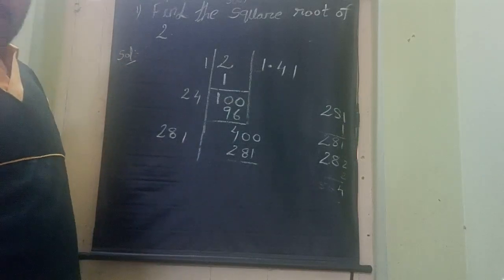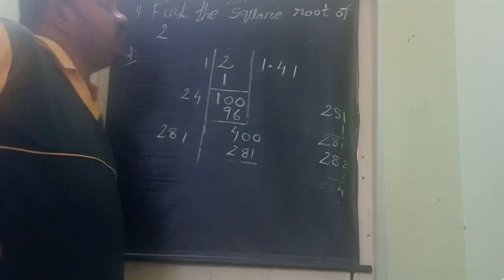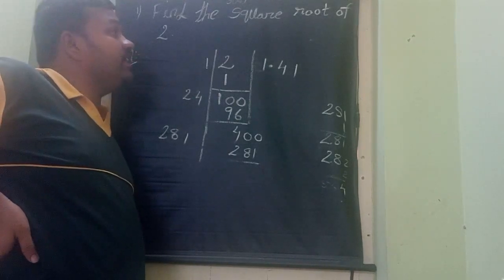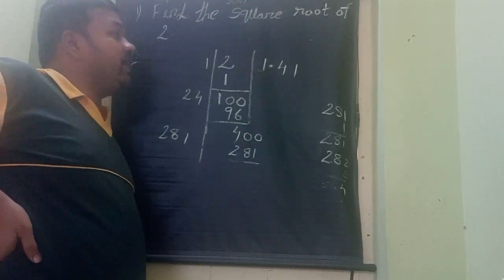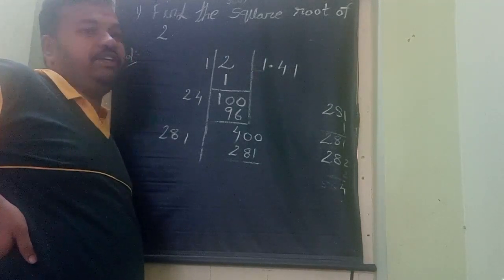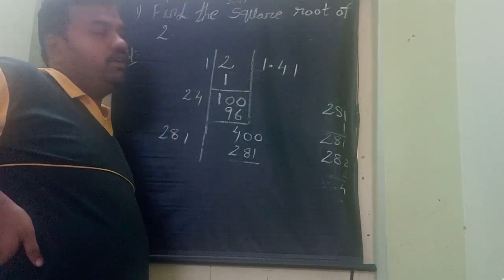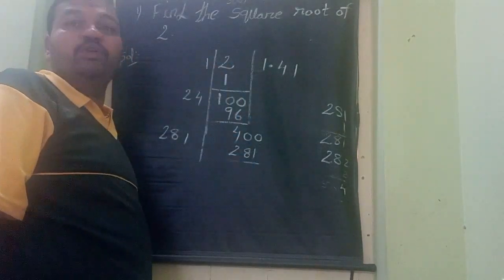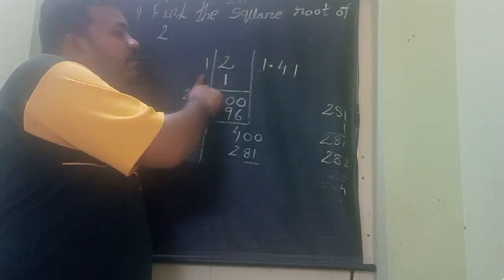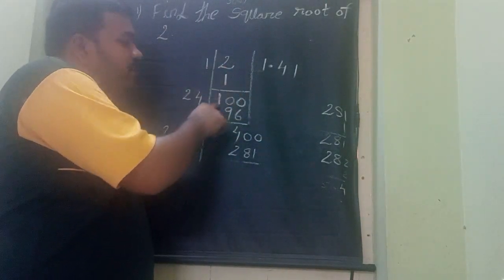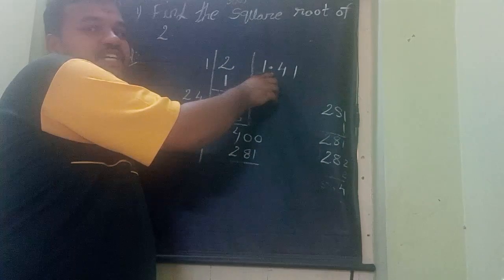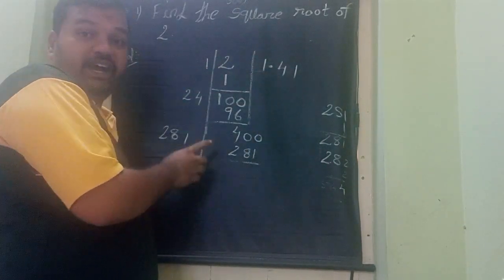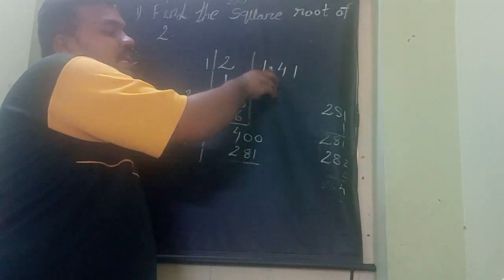So this is the sum to do. First, find the square root of 2. 2 is an irrational number, so we do not have a root here. But we can find the root using the division method. Taking the 2, it is not forming a pair; only 2 is the digit. Take the table: 1 ones are 1. Write the subtraction, 1. Then the decimal point, because we are finding the root of an irrational number also. By this method we can find the root of an irrational number by taking a decimal point.